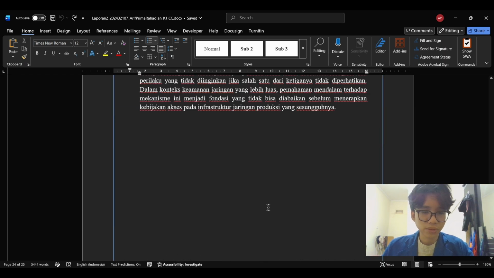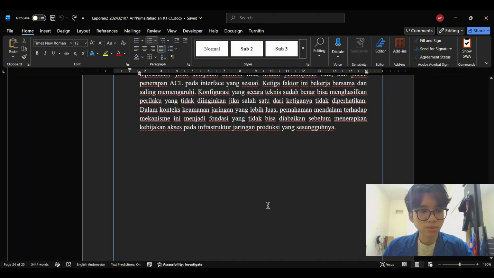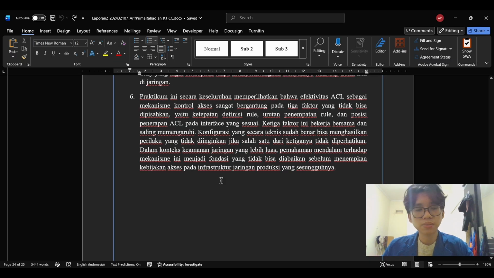Through this session, I was able to implement and verify an extended ACL on Cisco Packet Tracer, successfully blocking specific ICMP and HTTP traffic from PC0 to Server0 while keeping normal communication intact for all other hosts.